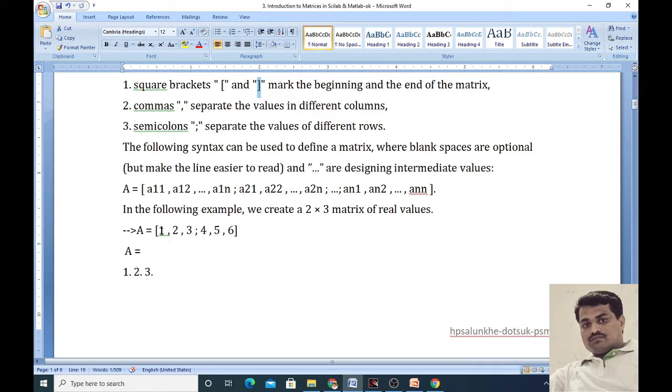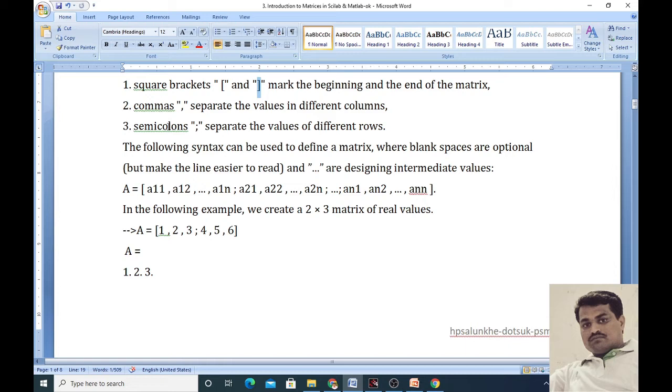This is the first element of the first column, this is the element of the second column, and this is the element of the third column. This is the first element, second element, third element, of the first column, second column, third column, and we separate every element by comma. Here we are applying the comma, or we can also keep a space. You use the space bar to separate the elements of the columns.